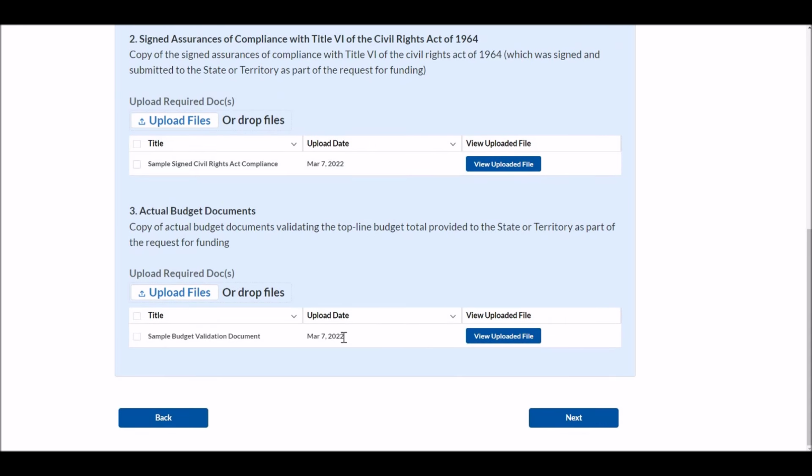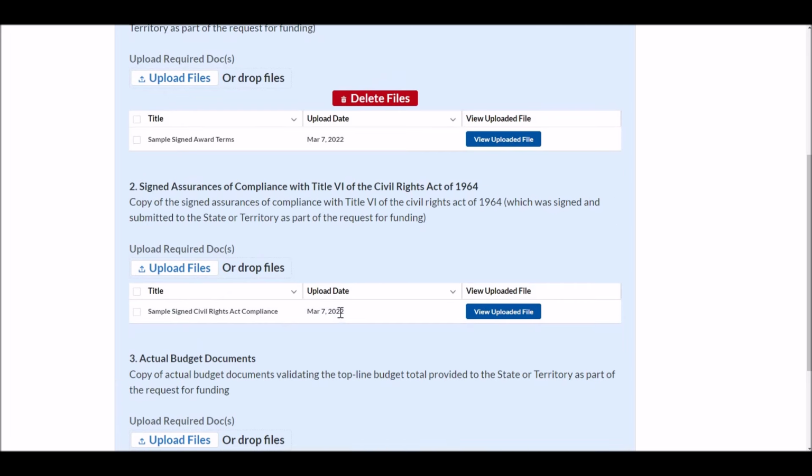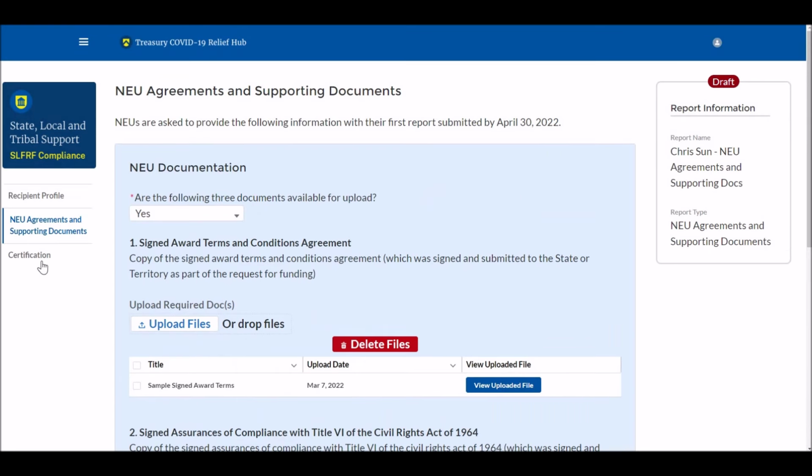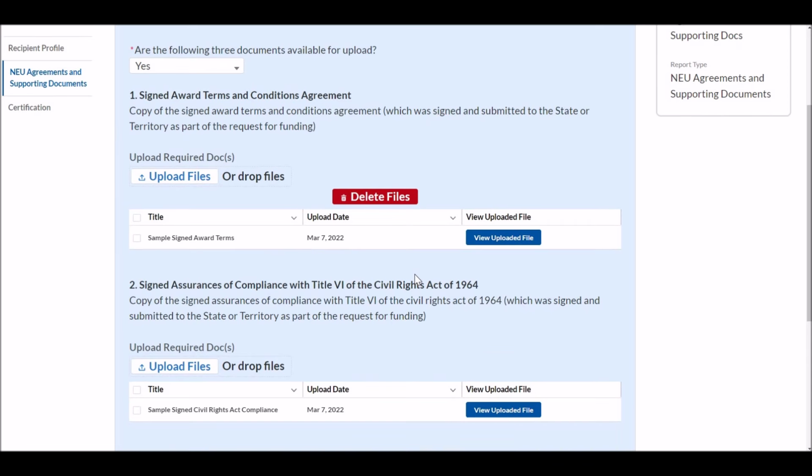So now that I've uploaded one of each document in the appropriate sections, I've fulfilled the reporting requirement for this report. It's that simple. I don't need to do anything else. I'm going to go to the certification and submit page next to just submit this report.